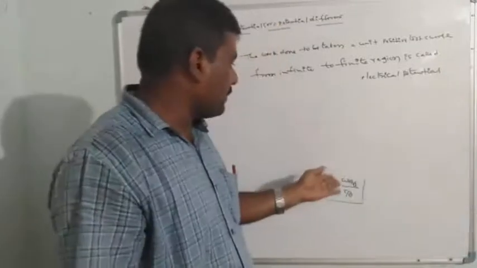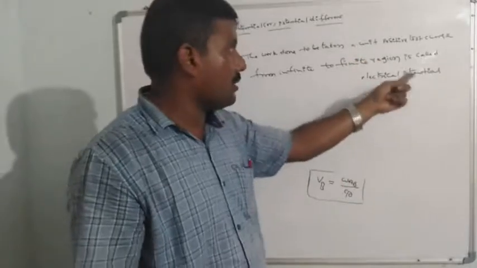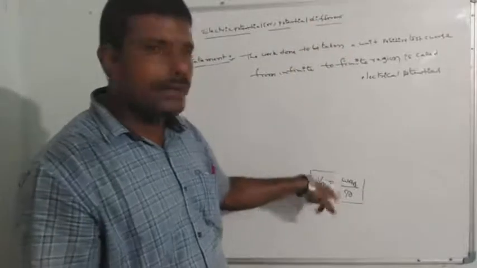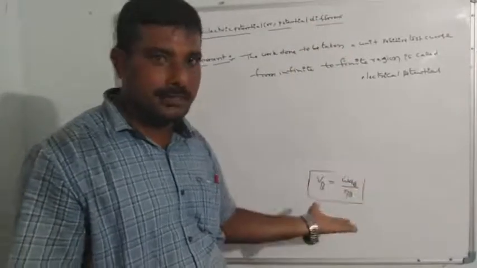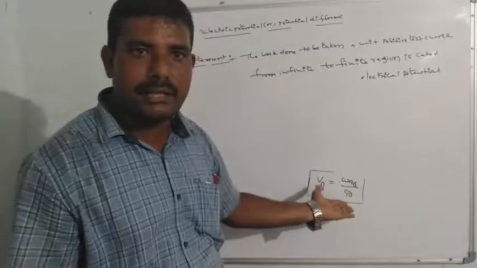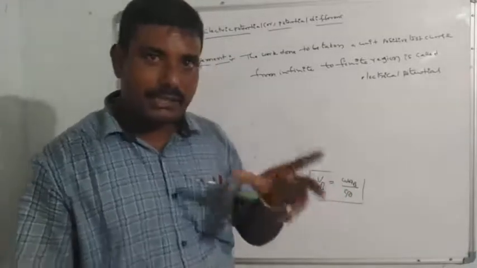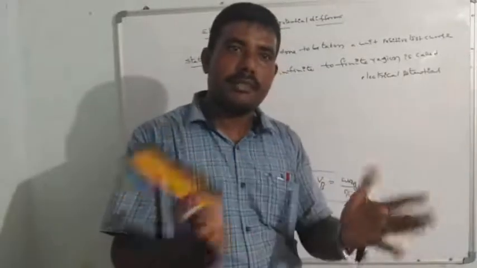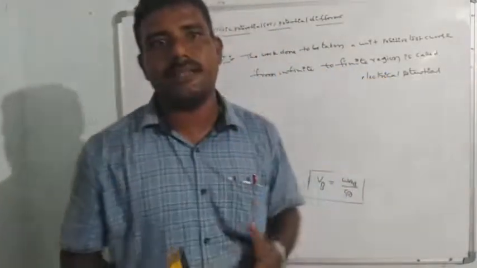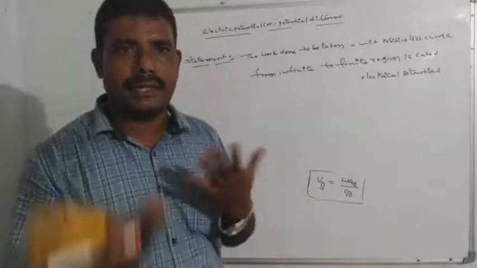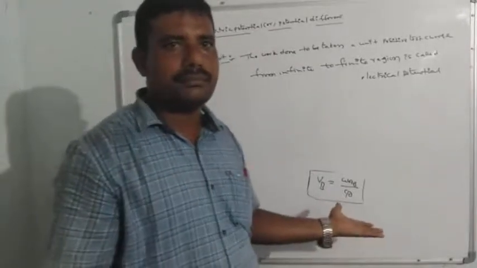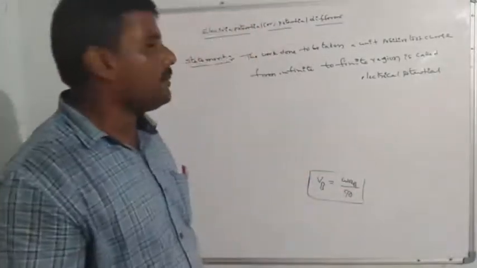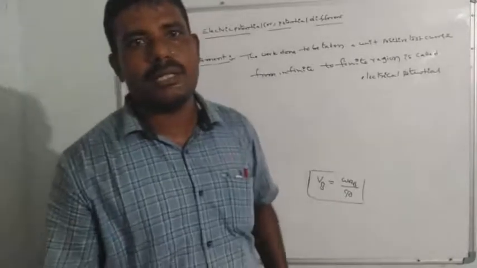So that required work is called the electrical potential. To give another statement using the formula: what is the formula? Work done by test charge. That means the work required per unit test charge, or the ratio between work done and test charge. For our convenience we can define it by using the formula. So this is the statement of electrical potential or potential difference.